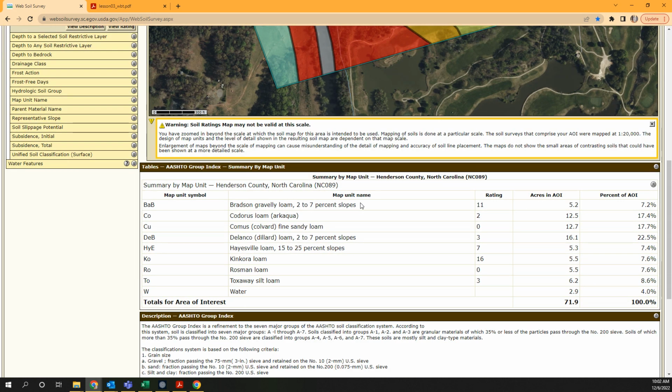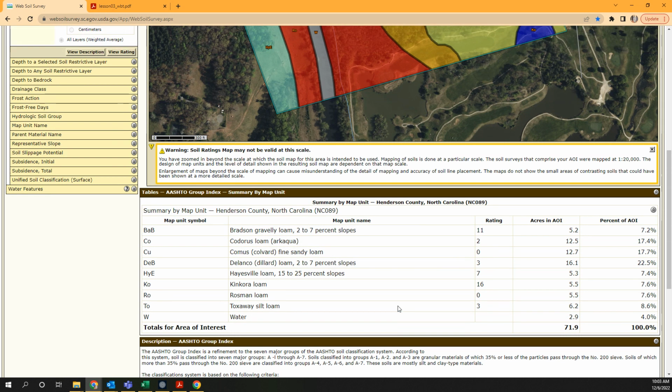And so in general, a lower number is good. A higher number is bad. So these 11, the 16, those are bad signs. The higher the group index, the worse the material. So when I start seeing 7, 16, 11, those are, again, going to be those times where I'm planning